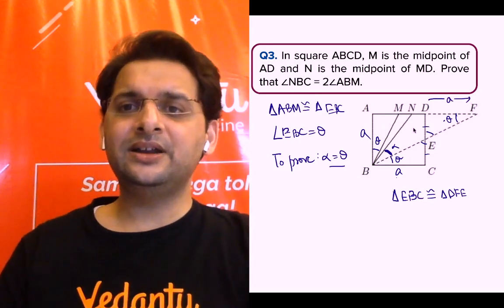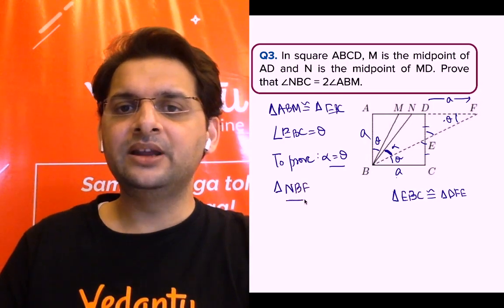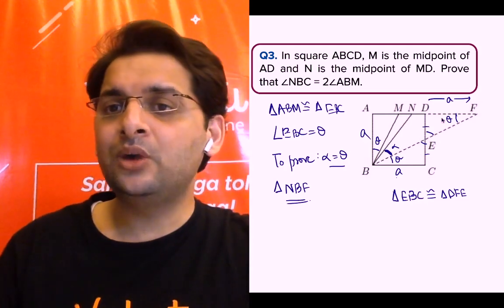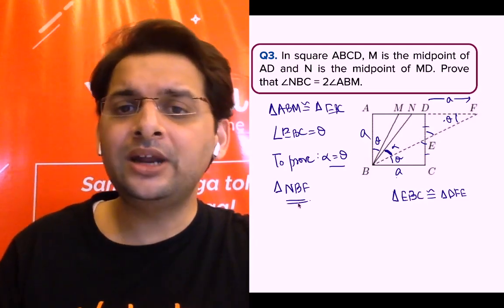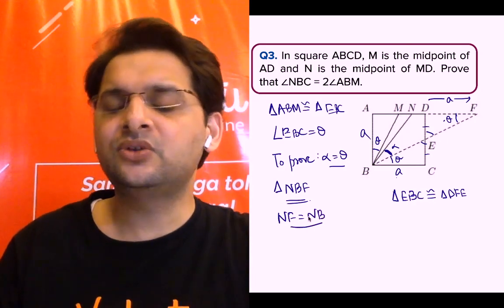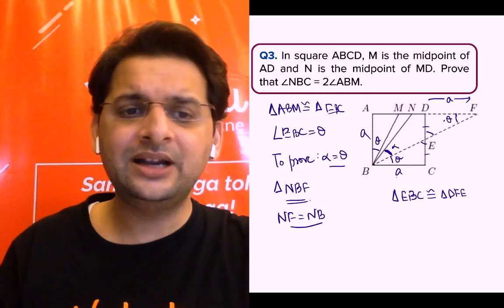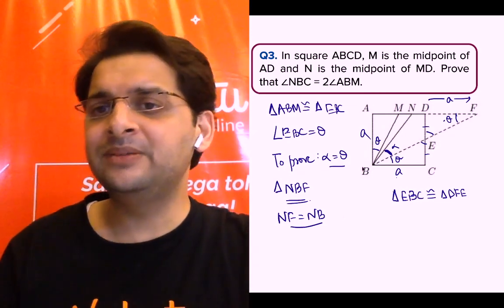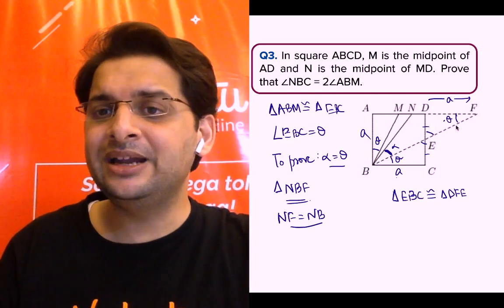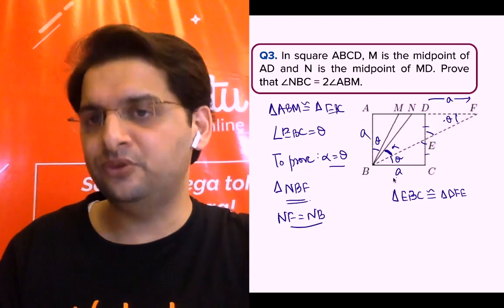So बच्चे अगर we can see the triangle NBF. हमें NBF triangle नजर आ रहा है. So अगर मुझे इस triangle में दो angles same prove करने हैं, all I need to prove is NF is equal to NB. This is what I need to prove. That is it. So if I prove NF is equal to NB, we are done. The proof will be complete because if NF is equal to NB, the two sides are same. Hence, these two angles will be same and alpha will be equal to theta, which completes our proof.